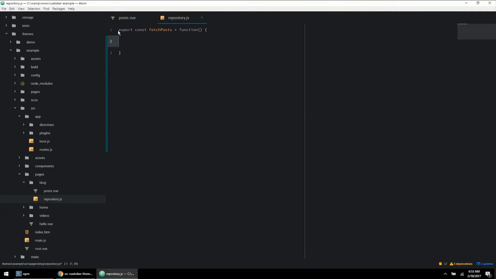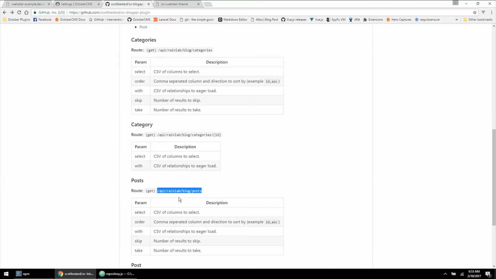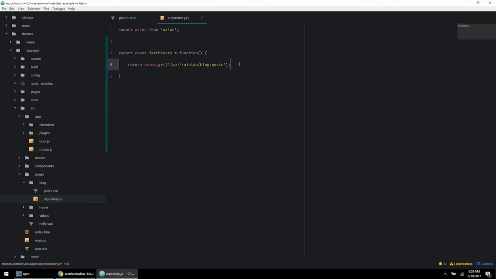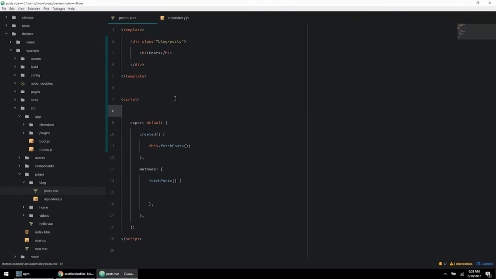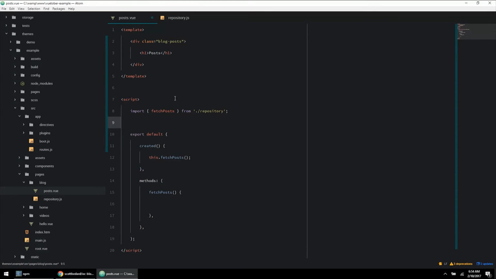All right. And the tool we're using to make our request is called Axios, so we'll need to import that. And then here we can just return axios.get, and we will pull in the path. All right. So if we come back to posts, we can go ahead and import our repository. Actually, we'll just pull the method. All right, so now I can just call fetch posts